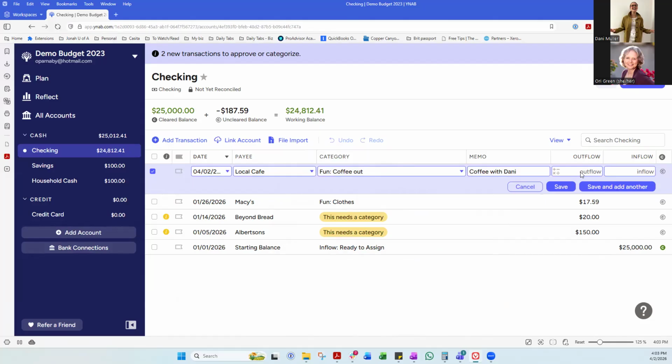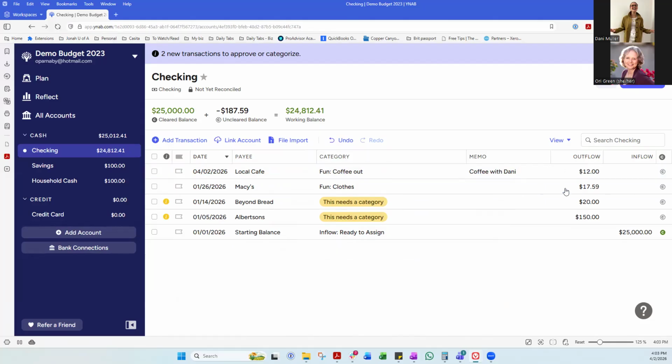And I spent $12 because I also got a scone. I don't know. So it's different when your bank is connected, because you're not only going to be having stuff come in, you're going to be reconciling, and that's going to be a whole different thing that we're going to do another time. But I just want you to know this is sort of just the very basics of getting started,